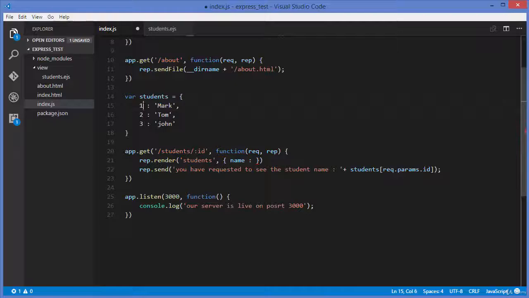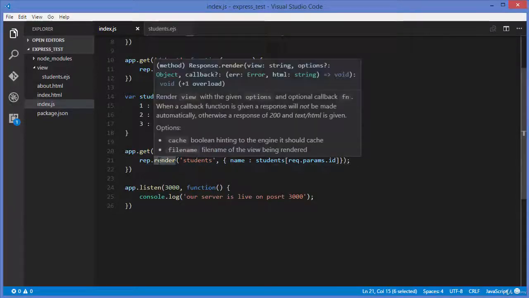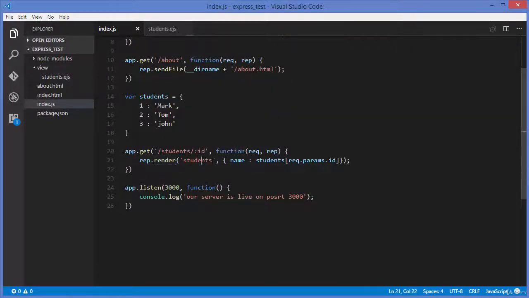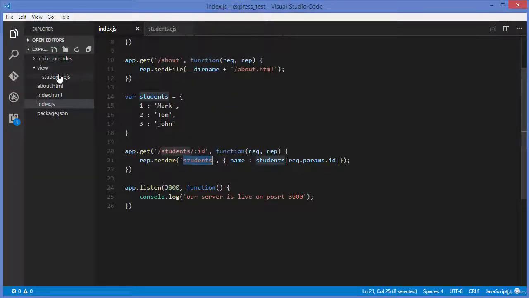So for example, we requested student1, then it's going to give us the result by returning its name, the student's name, right? So this is how you can get the student name by ID. So I'm going to pass it here. Okay, and then we don't need this thing here because we are already sending our parameter using this render method to the student